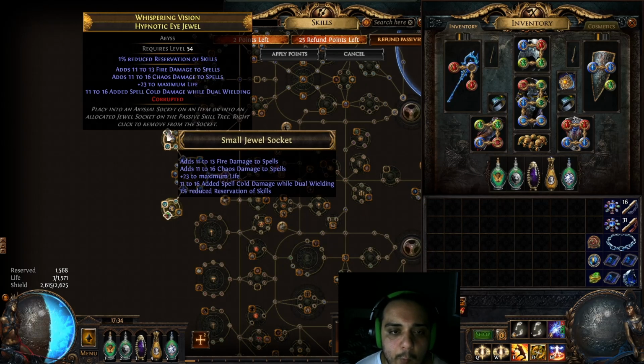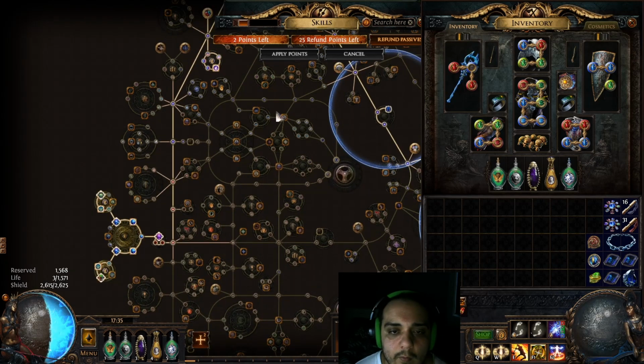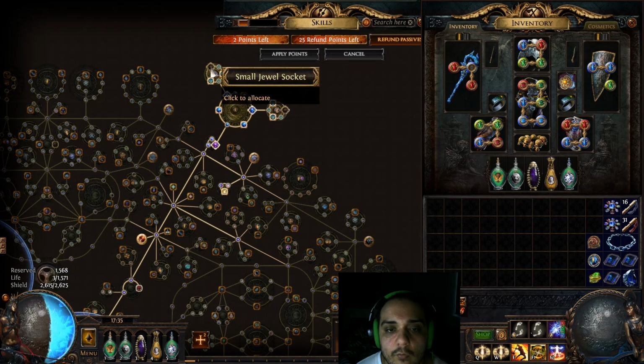Next up, we're going to have a Cinder Swallow jewel. You just want 1% reduced reservation of skills on this with fire damage to spells. All the other stats on this jewel are completely irrelevant. You can pick it up with Energy Shield if it's available, but usually they're expensive, and when I looked, there wasn't even one available. Now, as you can see here, we're just skipping the jewel nodes on these jewels here,